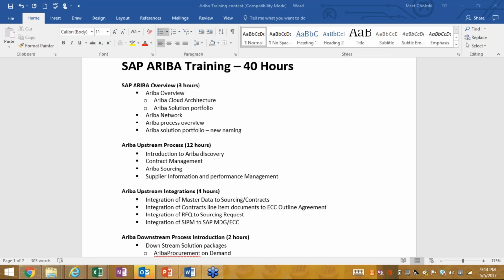SAP has its own products like SRM, and also CLM. Both SRM and CLM are on-premise versions, and Ariba is the cloud version. Ariba did have an on-premise version, which SAP might stop supporting soon, because they don't give new licenses for it. So how does SAP sell it?